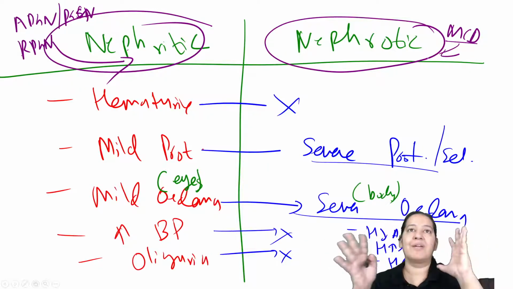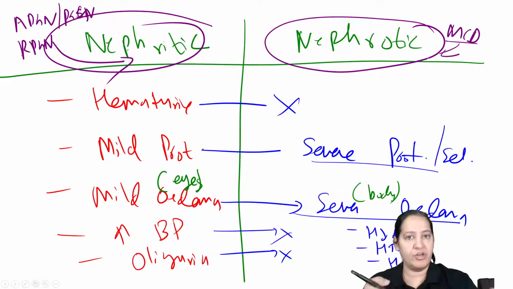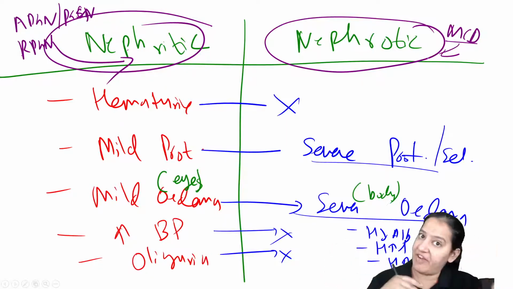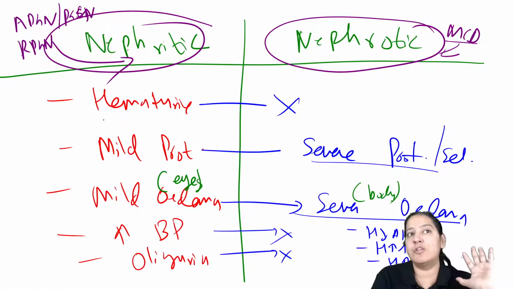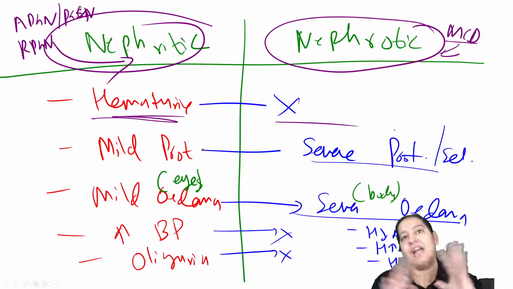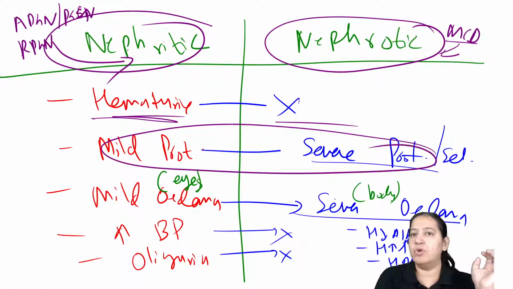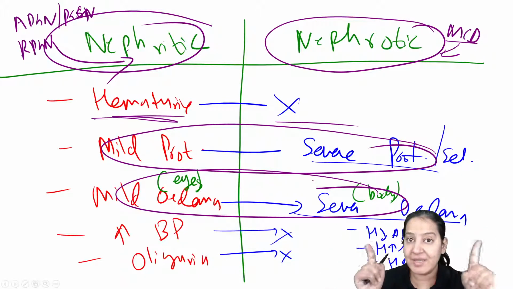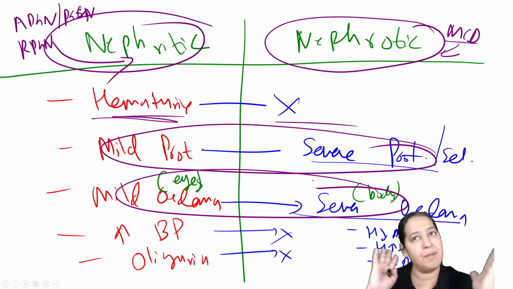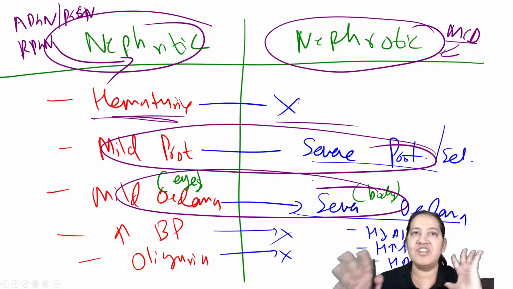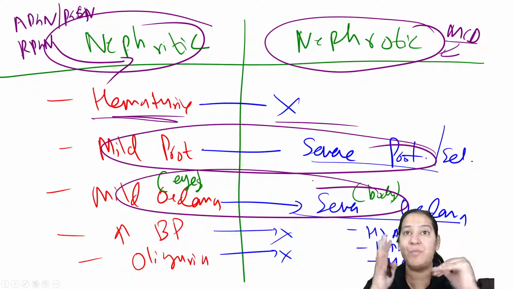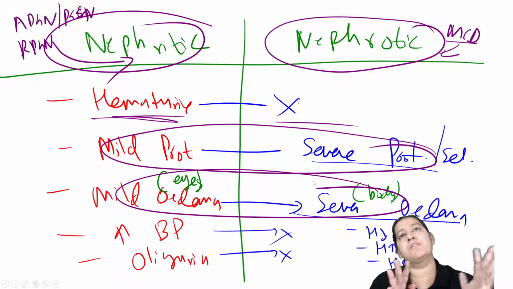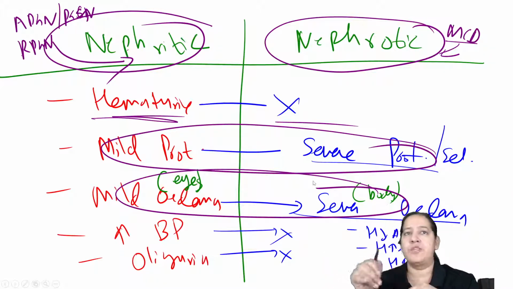So please learn, because I will launch some clinical questions right now. In the clinical questions, you will get a clue whether the patient is having nephritic syndrome or nephrotic syndrome. The biggest clue is the presence or absence of hematuria. That will differentiate, because proteinuria is present in both, edema is present in both, although here it is mild, here it is severe. But hematuria is present only in nephritic but not in nephrotic. So you should differentiate whether the examiner is pointing towards nephritic, where your options will be different, or towards nephrotic, where the options will be different.